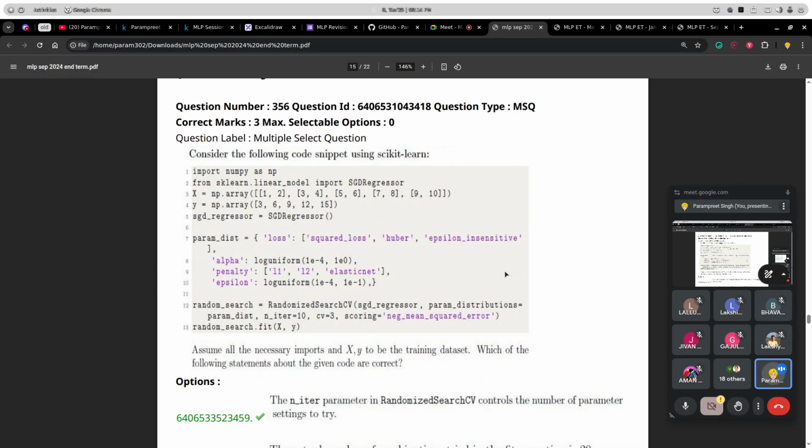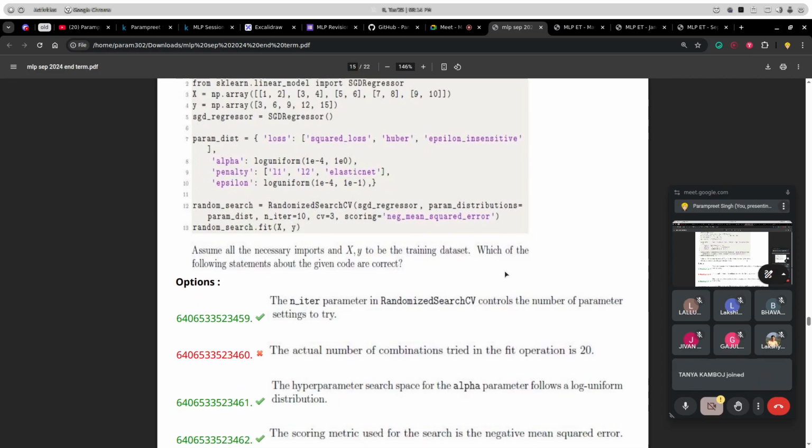Okay, the font size is clear. I have reduced it a little. Okay. The first one: the n_iter parameter in randomized search CV controls the number of parameter settings. So how many combinations we can try at the end, and the actual number of combinations. Next, the hyperparameter search for the alpha parameter follows a log uniform distribution. Well, that is what param_dist